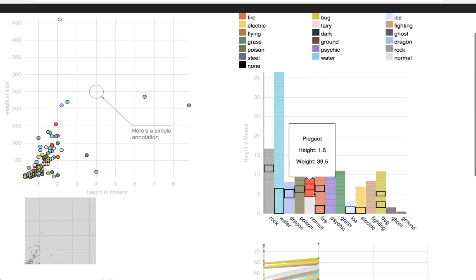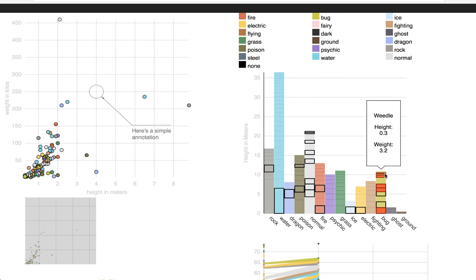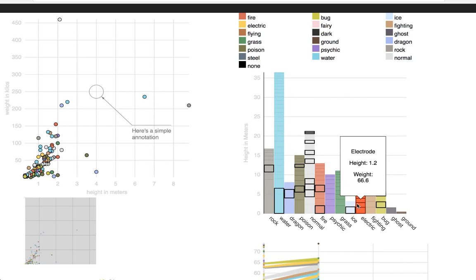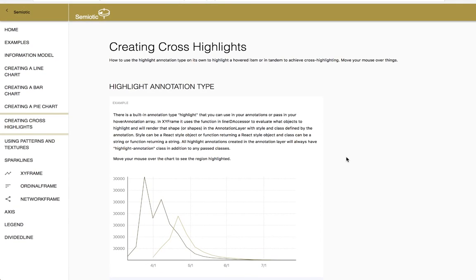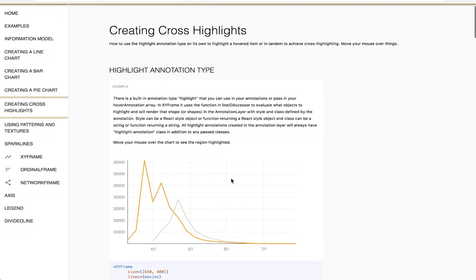But that's some annotations. That's a real intro to annotations that I wanted to get into and show this highlight annotation. If you want, you can go take a look at this example that I shared on the chat and that I'll include in the description for this video. Because this example talks about a few other things. It talks about highlighting